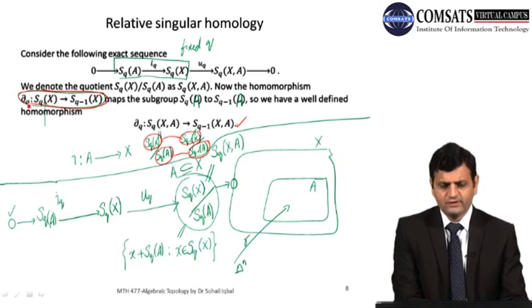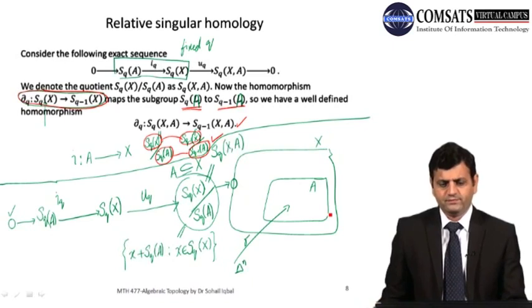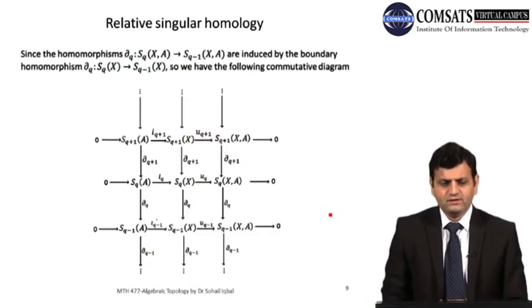Using these boundary operators, we can restrict these to the q-chains of A and (q-1)-chains of A, or in other words on the chain complex on A, and then we can use the same boundary operator to define this homomorphism between these two quotient modules. Because SqX goes to S(q-1)X, SqA goes to S(q-1)A, so that's why we have this well-defined homomorphism. Now since the homomorphisms are induced by the boundary homomorphism, we have the following